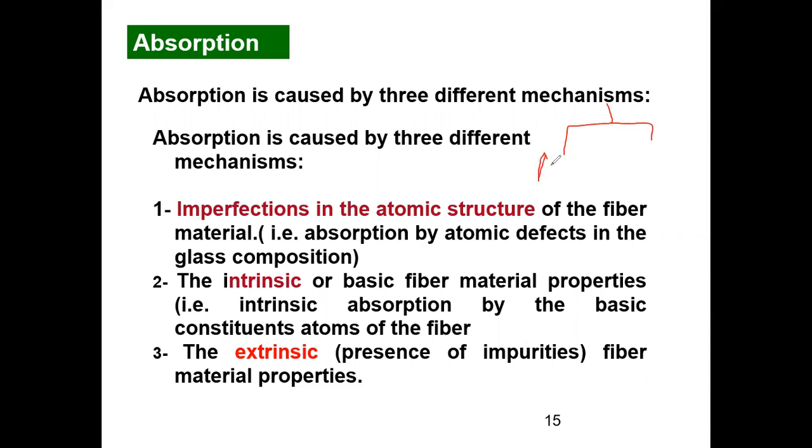So here write fiber loss. First category is attenuation. Please write the full form. Then this is dispersion. Under attenuation, we have three categories: absorption, scattering, and bending. So I insist that you write this, otherwise you forget. So this is absorption, scattering, bending. Three kinds of attenuation loss. Under absorption, you have all these three, the ones which are there in the slide: imperfection, or you can say atomic defects, intrinsic absorption, extrinsic absorption.